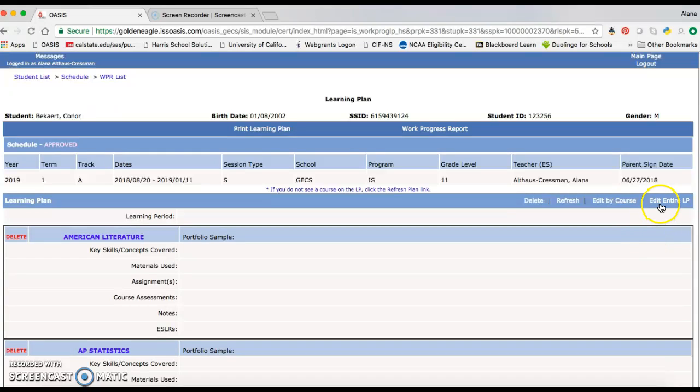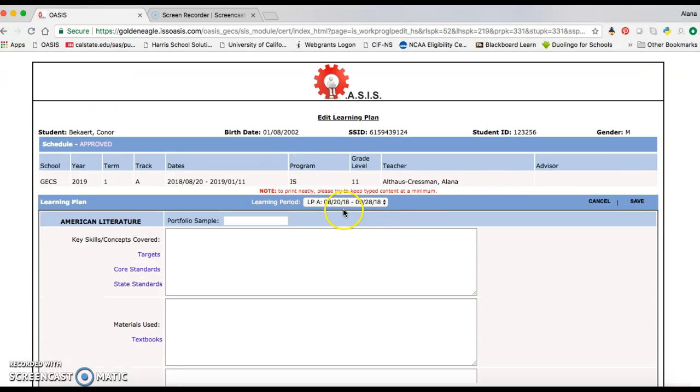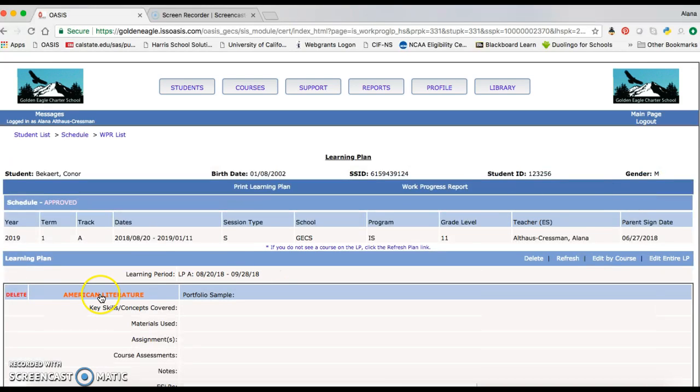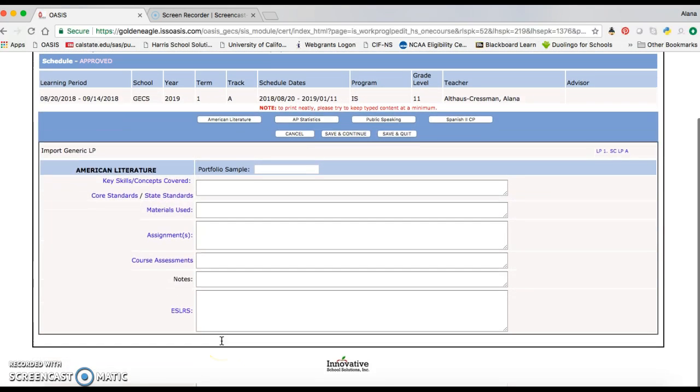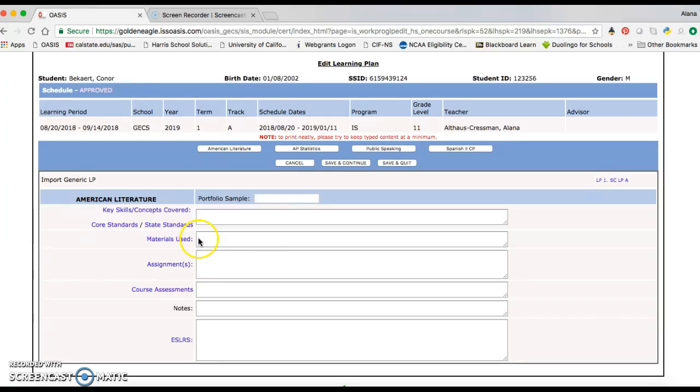The first thing you need to do is edit the entire learning plan and then choose the learning period, in this case LPA. From here you can either edit the learning plan in this view, or if you save it, you can click on each course title and edit the courses one at a time. For each course, you will enter the key skills and concepts covered, the material used, the assignments, the course assessments, and the